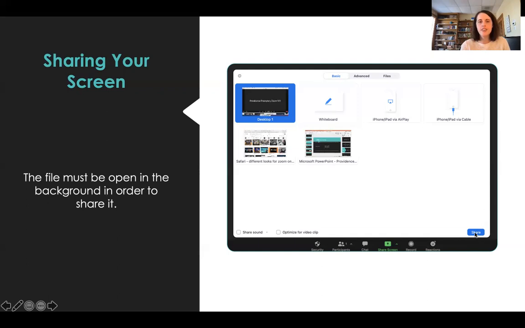And the other thing you need to understand is that the file that you want to share has to be open in the background of your screen in order for it to share. So if you haven't already opened whatever it is, the video, the PowerPoint presentation, the website, whatever it is, if it's not running in the background behind Zoom, then it's not going to show up here on share screen. So you'd need to sort of minimize Zoom, find what it is you want to share, open it, and then come back to your Zoom platform, share screen, choose what you want to share, and then click the blue share